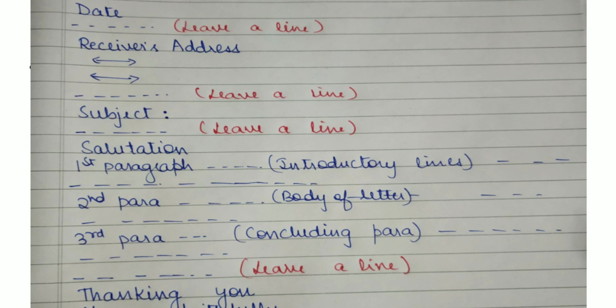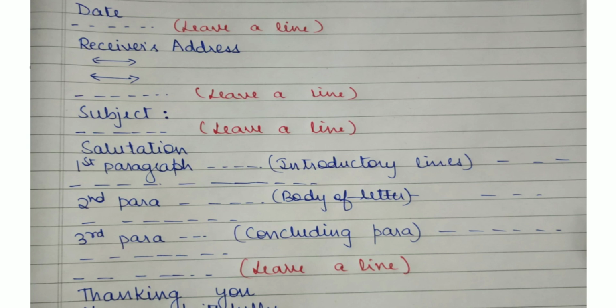Then after writing that salutation, in the next line, without leaving a line, you will begin with your first paragraph, which is your introductory lines, where you will write, this is to bring into your notice, or with due respect, this is the case. Whatever you are beginning with, that is what you will write here, in the first paragraph. Wherever the first paragraph ends, you will put a full stop, and from the next line, without leaving a line,